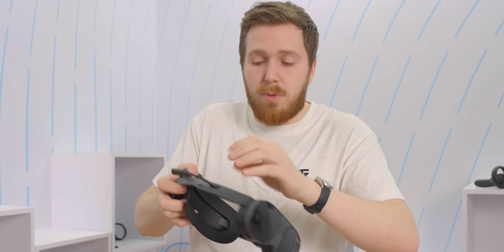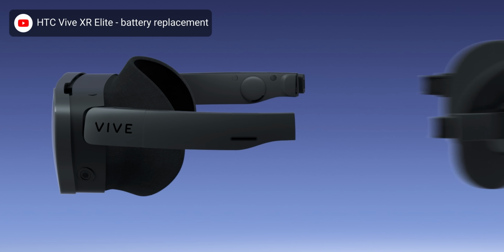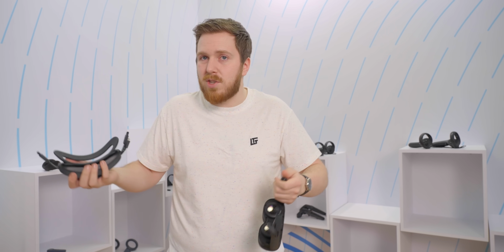But it's not just an all-in-one device. You can actually take off the battery pack and swap out for a lighter headband while you use this with your desktop computer. And what's great is that you're not going to be locked into the Oculus ecosystem and have to use a hacky workaround to play your Steam VR games. This has Steam VR support just like the HTC Vive, so everything that you have on Steam,